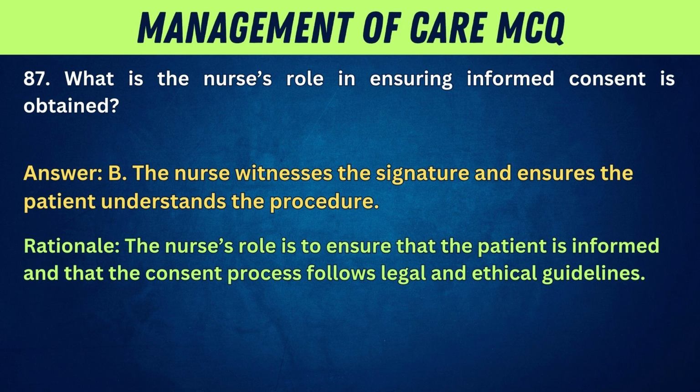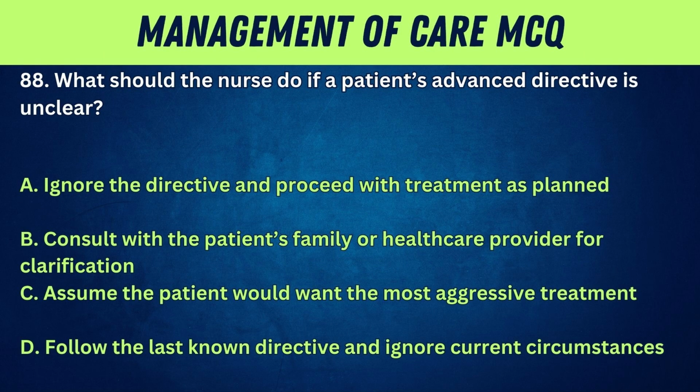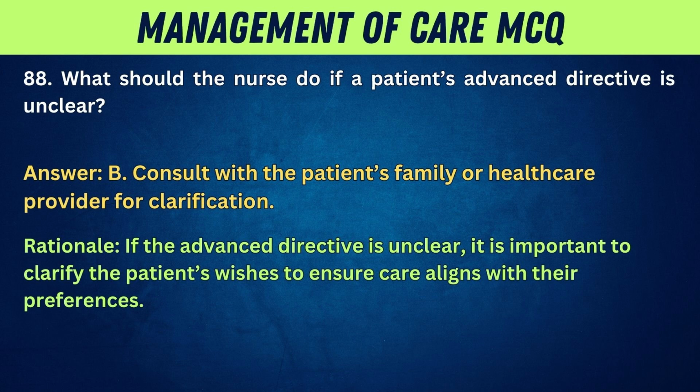ethical guidelines. 88. What should the nurse do if a patient's advance directive is unclear? A. Ignore the directive and proceed with treatment as planned. B. Consult with the patient's family or healthcare provider for clarification. C. Assume the patient would want the most aggressive treatment. D. Follow the last known directive and ignore current circumstances. Answer. B. Consult with the patient's family or healthcare provider for clarification. Rationale. If the advance directive is unclear, it is important to clarify the patient's wishes to ensure care aligns with